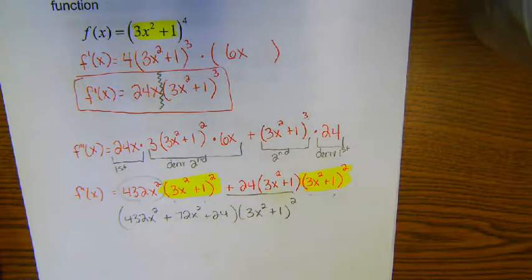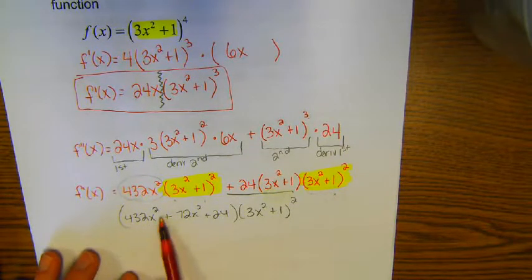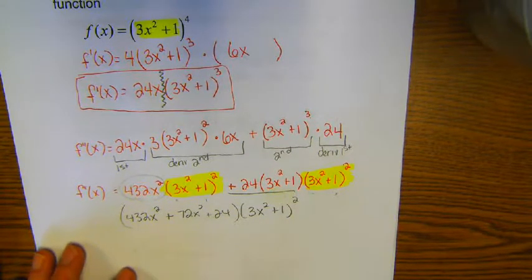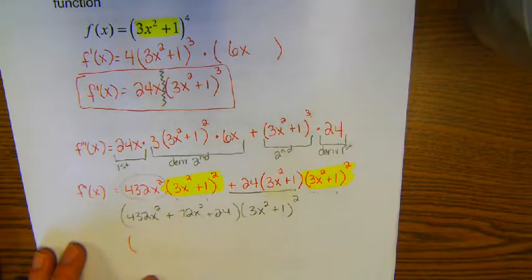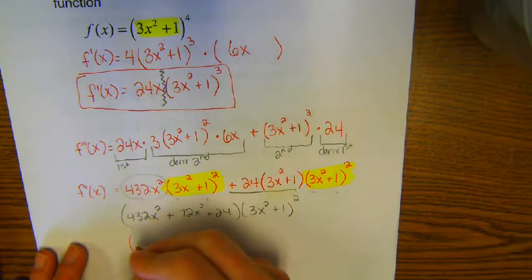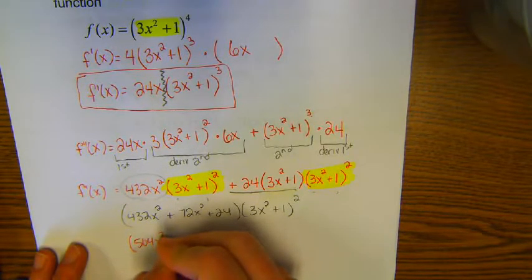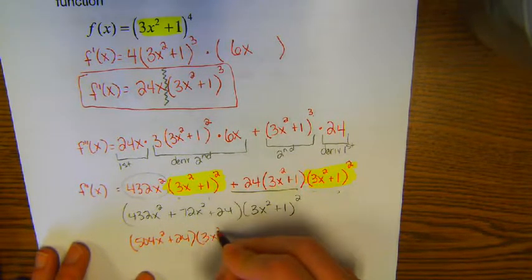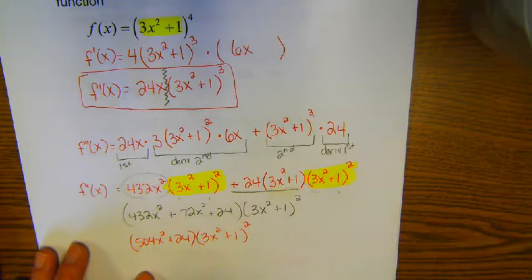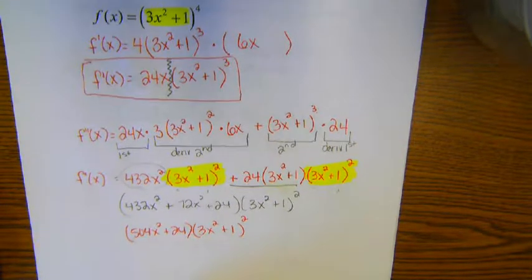Do you notice anything else that you can simplify? In that first parentheses, can I add anything else together? Yeah, 432x squared plus 72x squared. Can I put that together? Yeah. 504x squared plus 24 times 3x squared plus 1 squared. Okay,